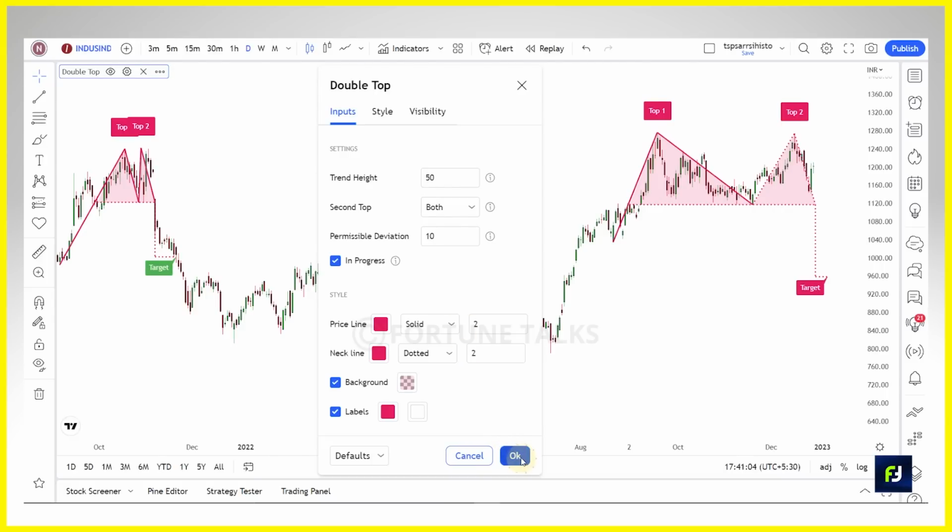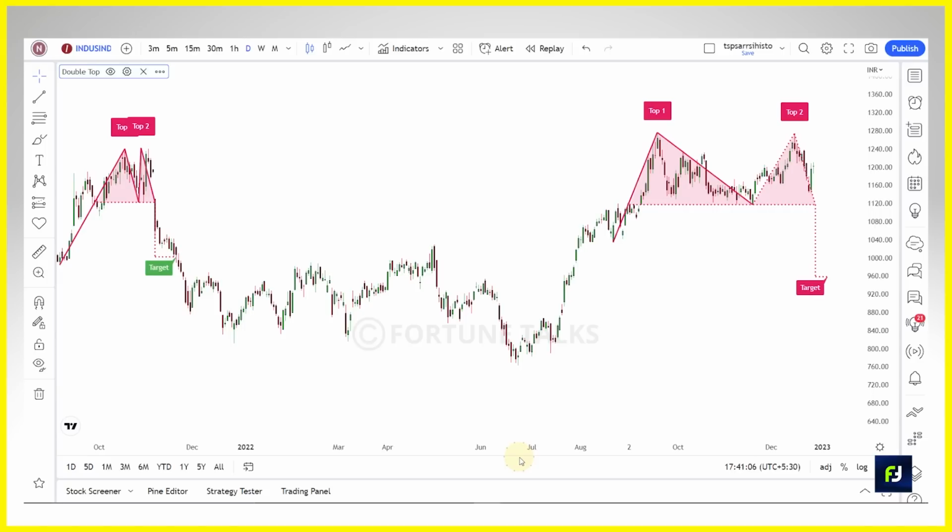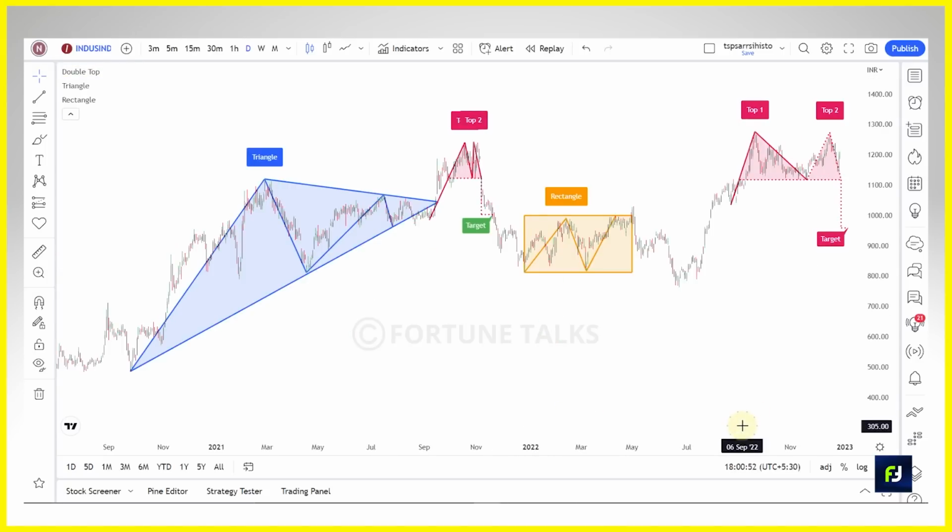So it is your job now to select the indicator based on the pattern of your liking and fine-tune the parameters to achieve the best results. Now this method works well. It helps to identify patterns faster on different time frames and on different charts, but it is still a manual job